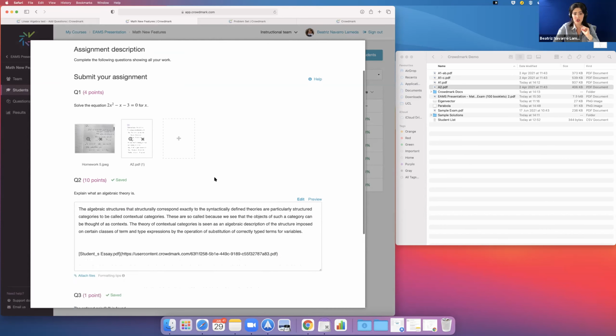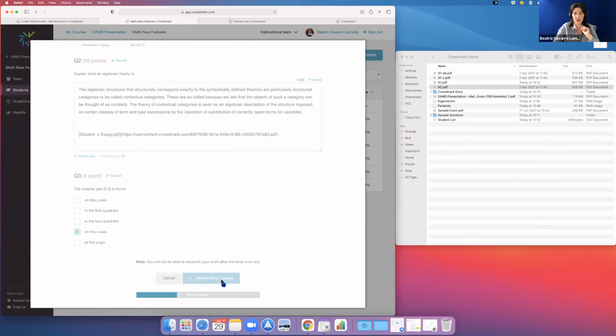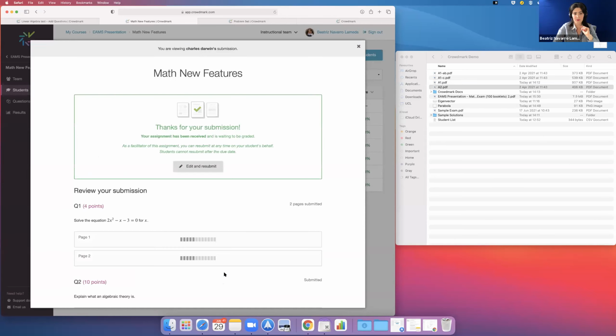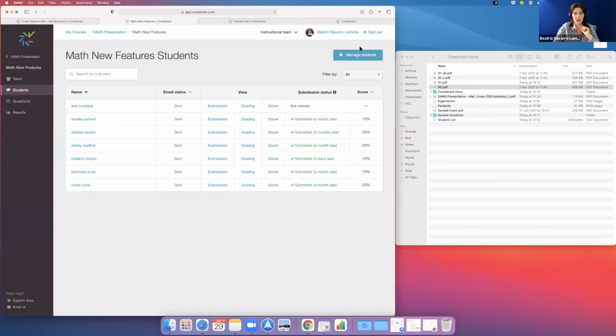So now I added a page, I resubmit for evaluation, and now it's done. So you see, this one was a month late, the deadline was a long time ago, and I can still change it. So that is something that is very valuable. If a student contacts you and they realize that something needs to be fixed, you can do it.